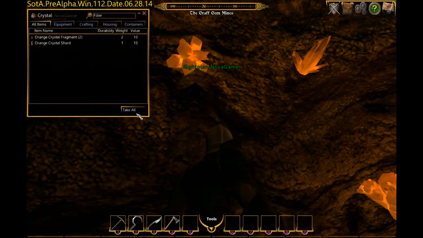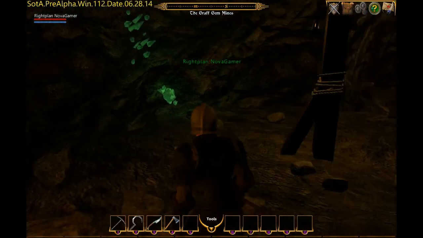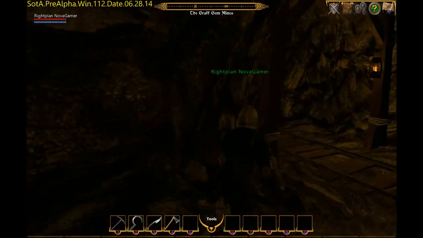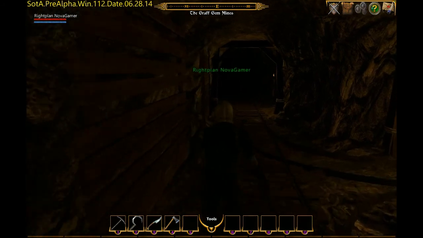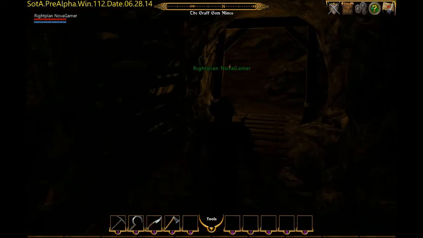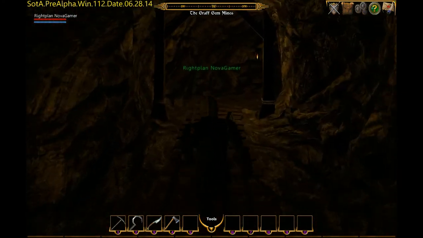Like so. So as you can see, there's a whole bunch of different types of fragments and shards, and they're probably going to have a huge different type of crafting that can go along with that. For instance, gem encrusting weapons and everything. The last thing I wanted to show you about this mine, and then we'll move on to the next add-on to Release 7, is when you run to the very end of the mine,